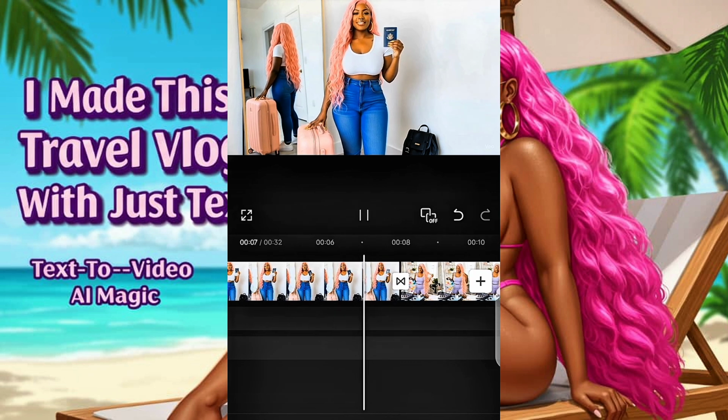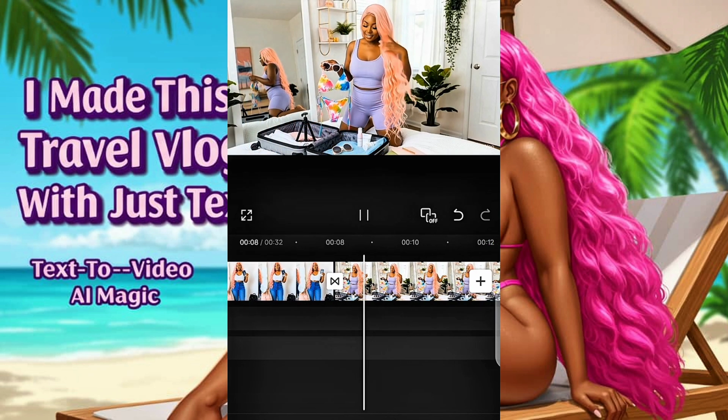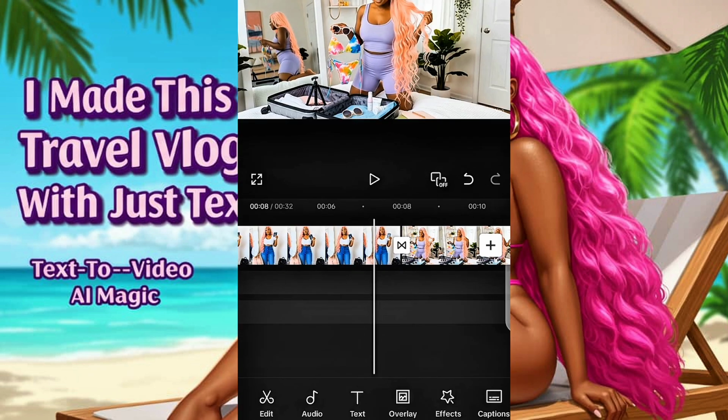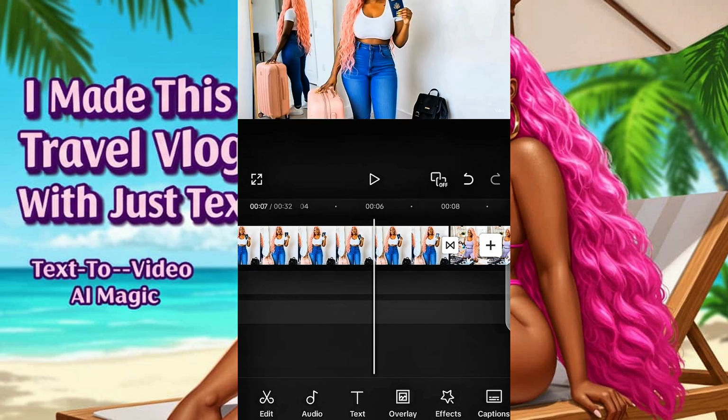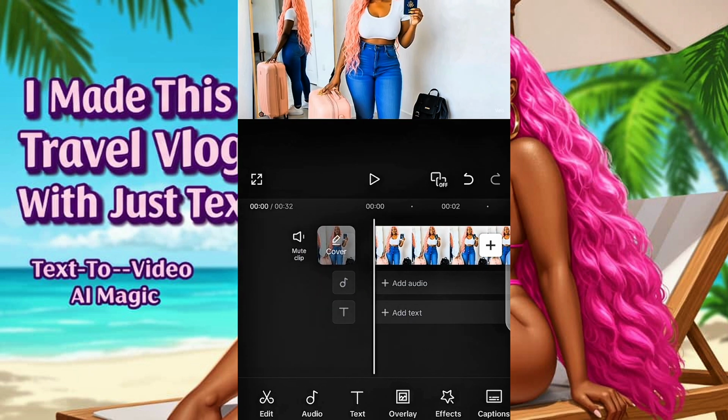As you can see, do you see that? It just flows in slowly, and it's giving it a very seamless flow. Okay, so once that is achieved, the next thing for us to do is add background music